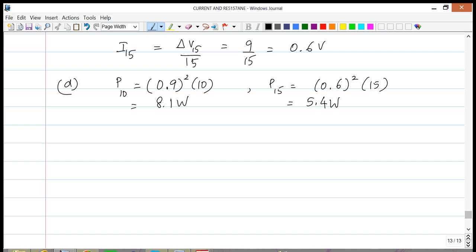Now what I'd like you to do here is compare this circuit with the one for the series connection. In the series connection, we had the same two resistors, 10 and 15, connected in series. The current there was less than what we had here. The power also was very small. In fact, what we need to understand is that in your homes, the connection that you have for various devices is a parallel connection. All the circuit elements are connected in parallel, as opposed to in series.